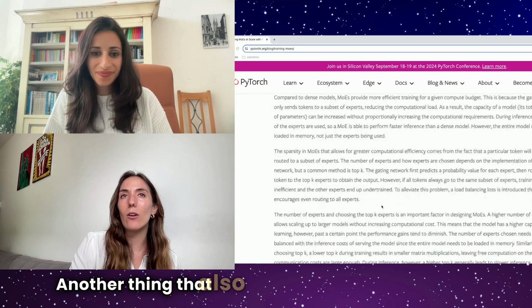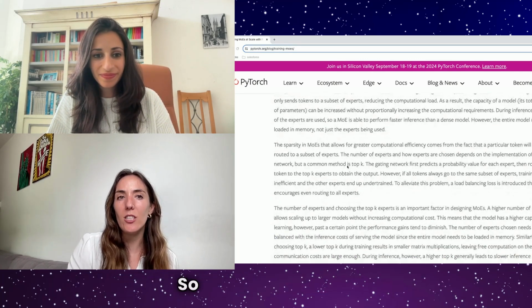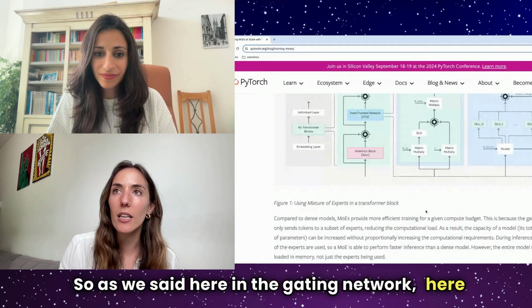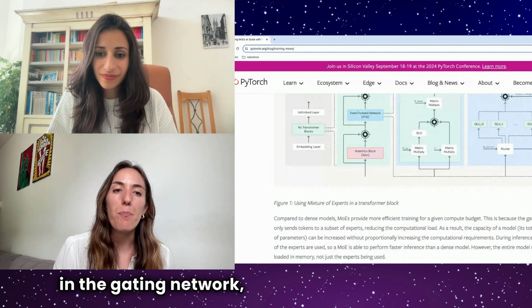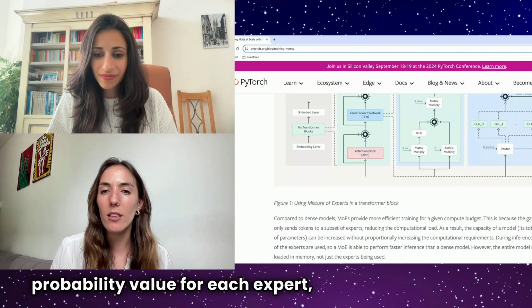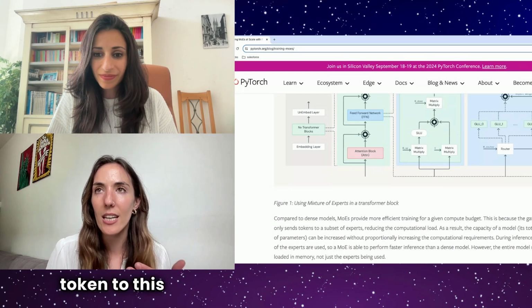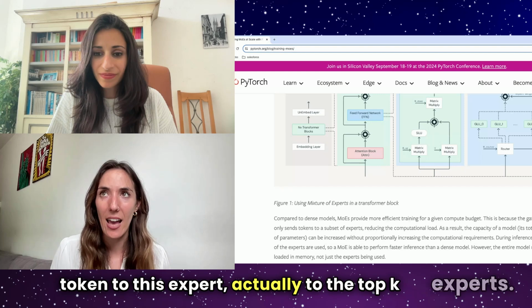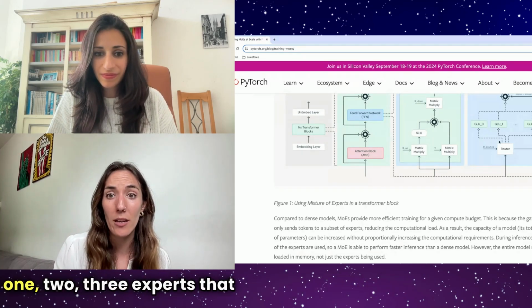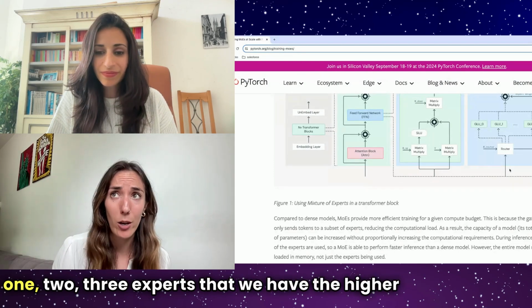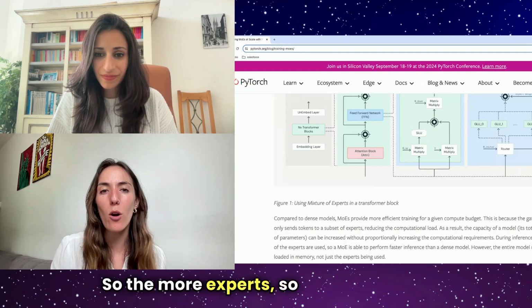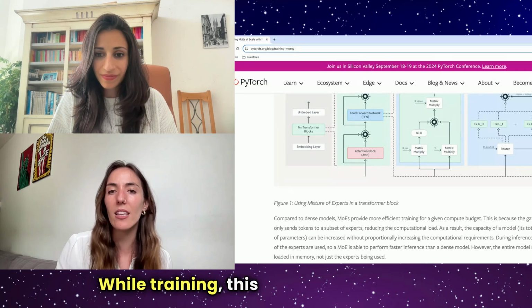Another thing that is interesting is the top K. So what is the top K? As we said, in the gating network, we first need to predict the probability value for each expert, and then we route the token to the top K experts. So the token will be routed to the top 1, 2, 3 experts that have the highest probability. So the lower the K while training, the smaller the matrix multiplications we have to do,